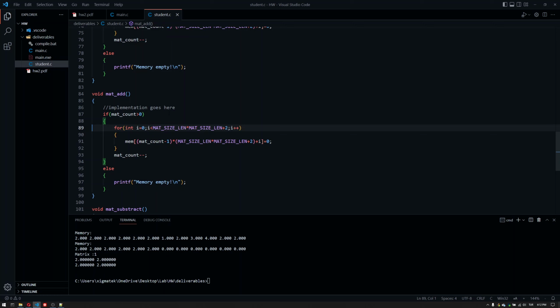The reason for that is the following. If we have mat count positive, it means that we will just have one matrix. But if it's greater than 1, it would mean that we would have at least 2 matrices. This is the important thing about this, because we need at least 2 matrices in order to be able to add them together and then place them back to the memory. So else we are missing an operand. So there's just one element missing here. So